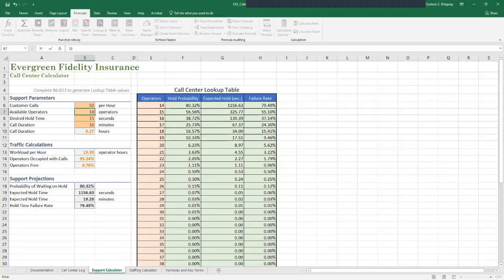We're going to replace. Okay, and so we're going to increase the number of operators at the call center. And with the 18 operators and average call durations of 16 minutes, the probability of callers waiting for an operator is 16.57% right here, with an expected hold time of 34.09 seconds. Kiera thinks this might still be too long, but additional operators would improve the situation